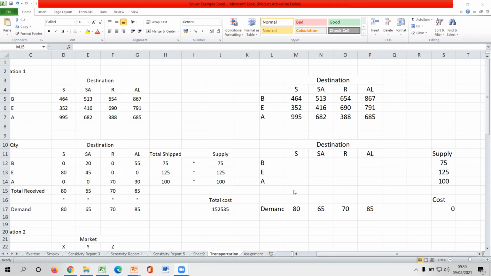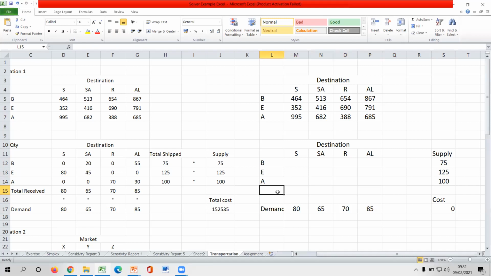So now let's see how we are going to calculate this transportation model solution. Here we need to calculate these tableau cells, and we need to calculate our total transportation cost. Now look at here. In here we are using this cell, that means that is our total demand fulfillment.